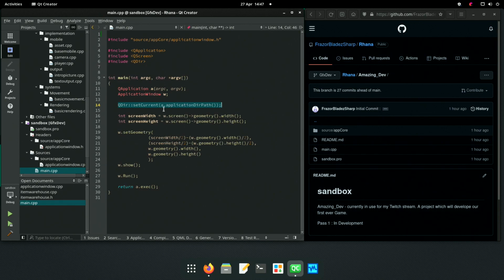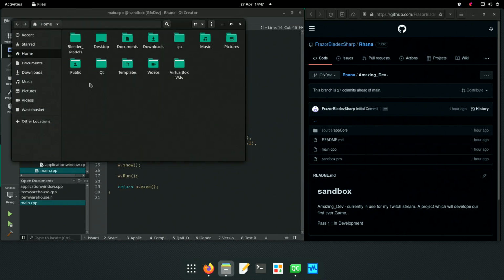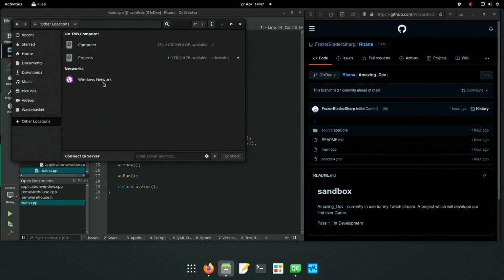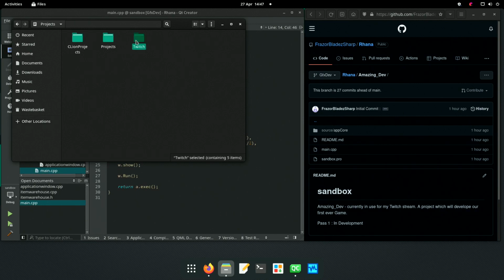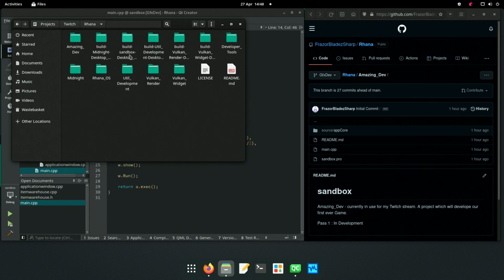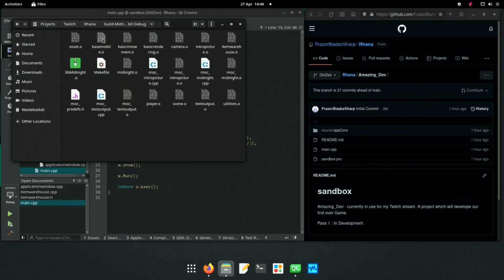Application directory path. All right, check. This will be in Rana and it will be in Midnight Desktop Build. We did solve it.